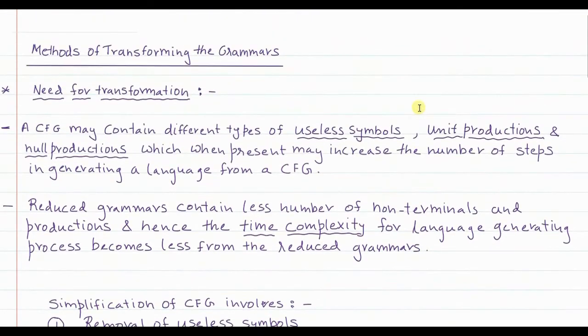Okay, the main idea of transforming the grammars is because when we talk about context-free grammars, we are directly dealing with an area of AI called natural language processing. And natural language processing is basically natural language generation, processing and understanding. Basically we are trying to train the artificial robots to understand the natural language, so that they can understand it, they can speak, they can respond to the natural language and so on.